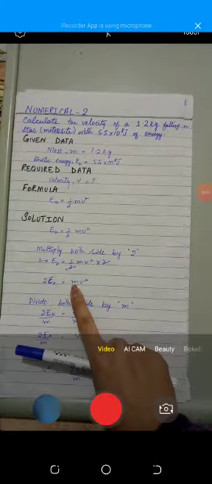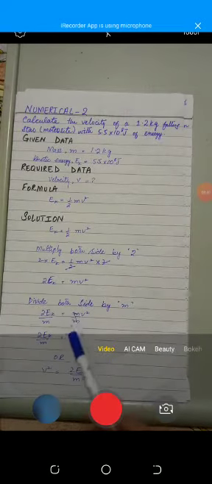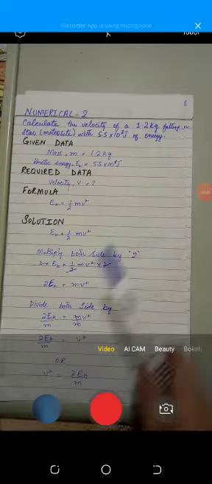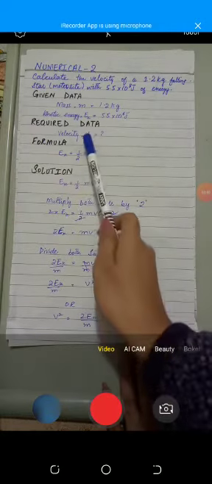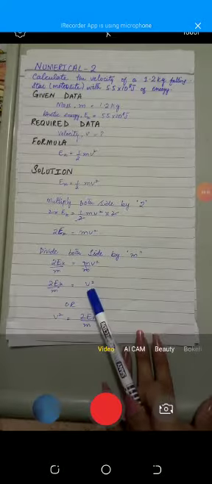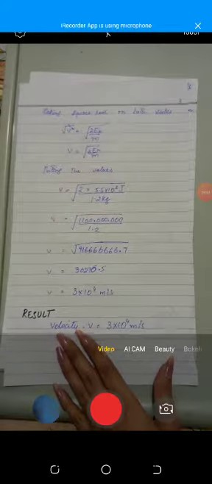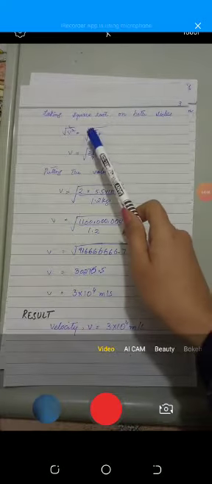Now we are going to remove m. Divide both sides by m because it's multiplied with the velocity. When we divide, m is shifted to the left hand side. So v square equals 2EK divided by m. We are going to find the velocity, simple v. Here is the square, so we are going to remove the square also. What we do is take the square root on both sides. So velocity equals square root of 2EK divided by m.